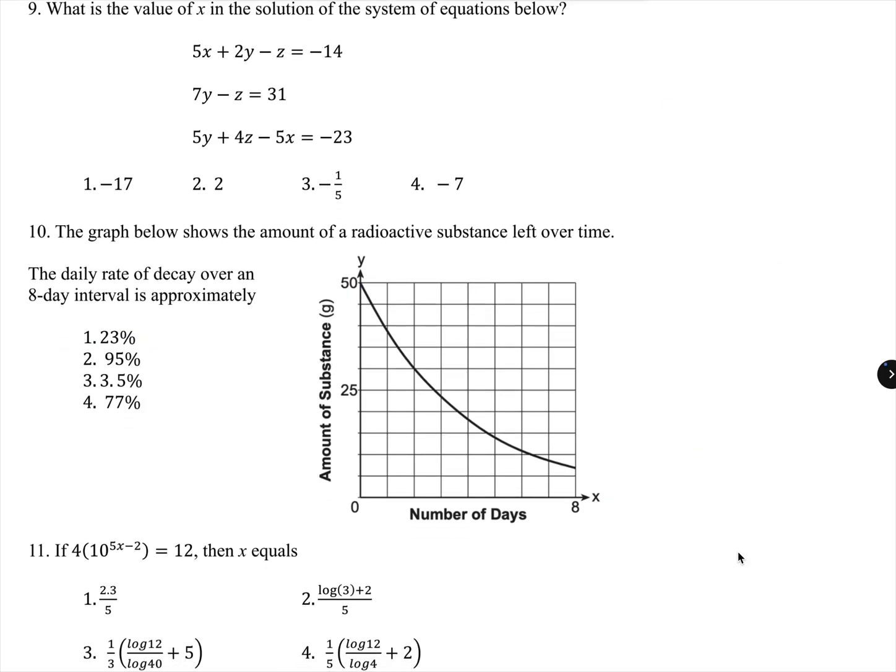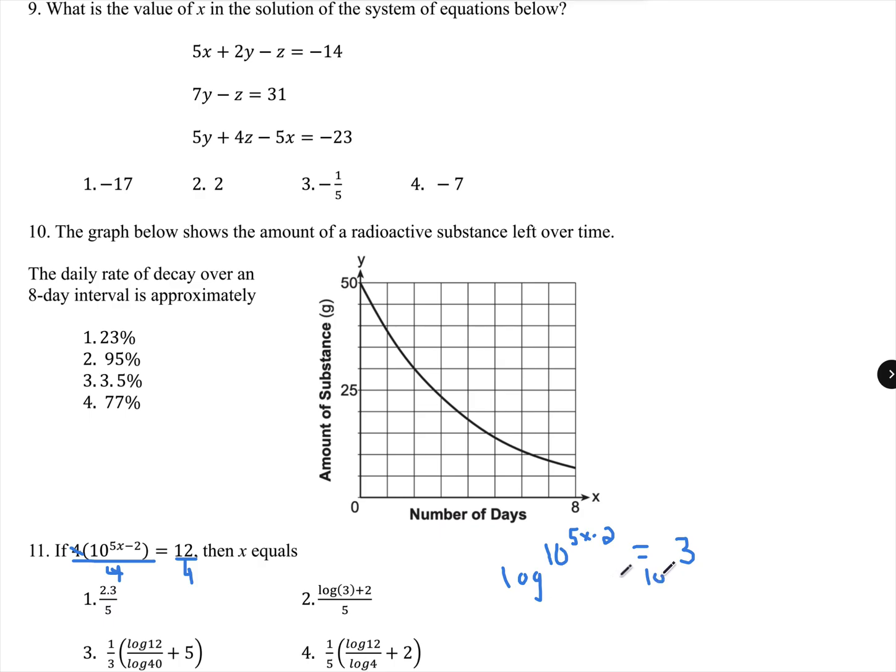Last one. This one's actually kind of similar to the one we just did, where we have to do a little bit before we can try to get this x value down to the bottom. So first step, what do I want to do? I want to divide both sides by 4. If I do that, the 4's cancel out. So over here, I'm going to have 10 to the power of 5x minus 2 equals 3. This is where it gets a little tricky, because now I have to actually look at my answer choices, and my answer choices are all working with log. So I'm going to take the log of both